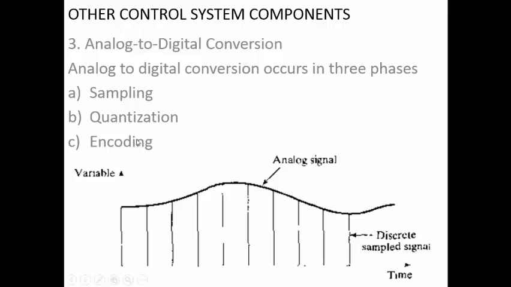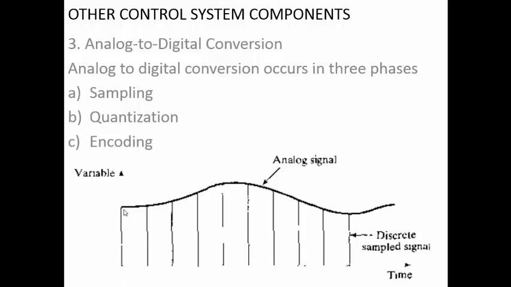Next one is quantization. So whenever we say digital, there are going to be certain fixed levels. So whatever the analog value measured at that particular time, it has to be assigned to a particular level. For example, we have divided the total range into say 8 levels. Then whatever the measurement has been carried out at the sampling time, it has to be allocated to one of these levels. That is the quantization.